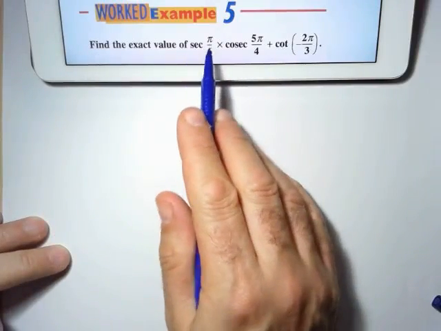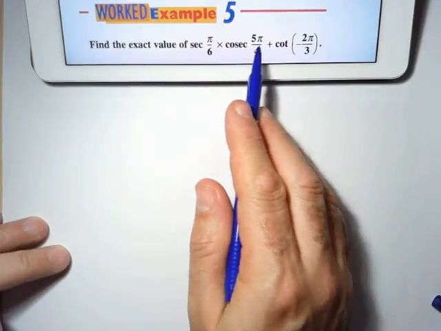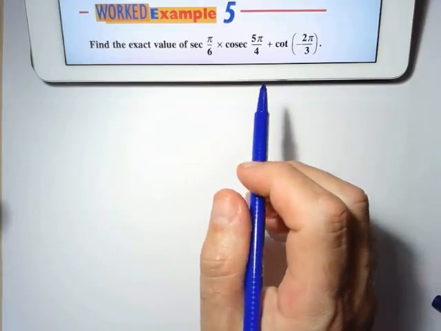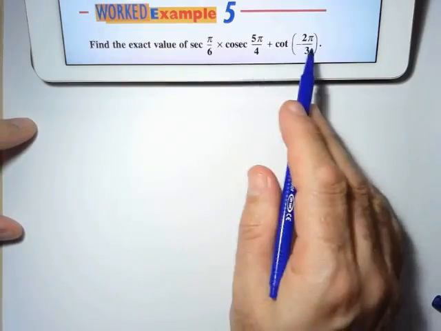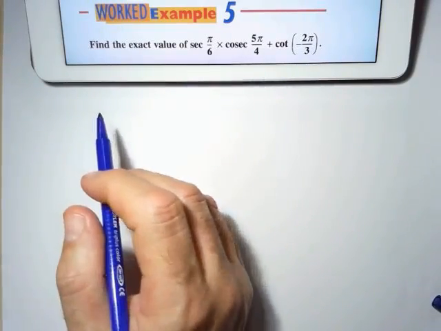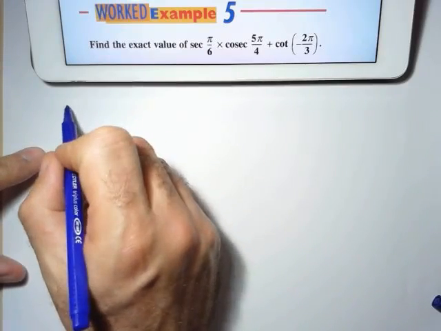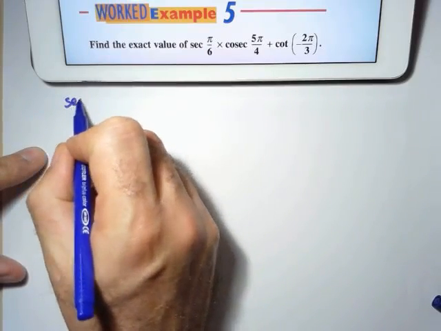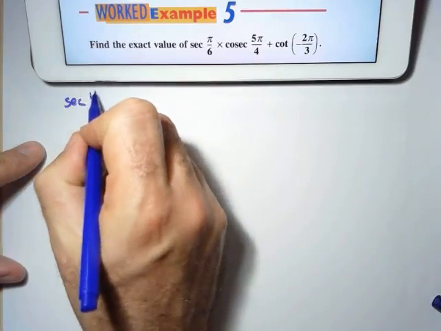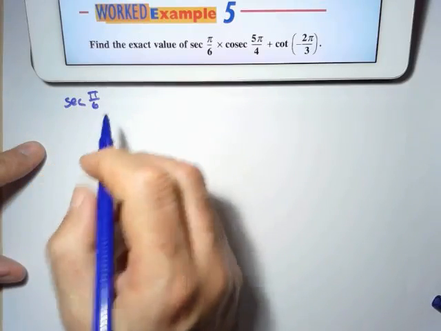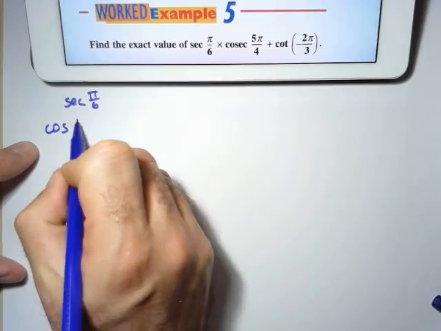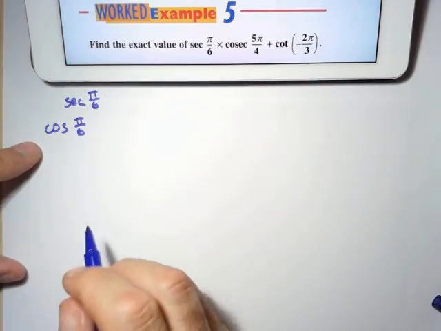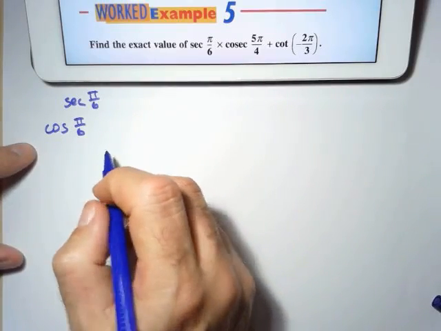Find the exact value of sec pi over 6 times cosec 5 pi over 4 plus cot of negative 2 pi over 3. I'm going to use each one of these. I'm going to work them out separately and then work from there. So when I work with sec, for sec pi over 6, I'm going to look at cos of pi over 6 because